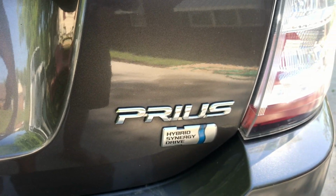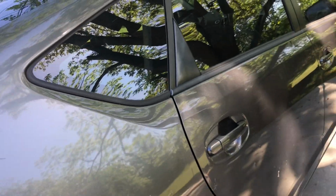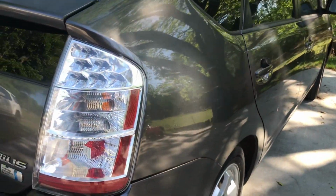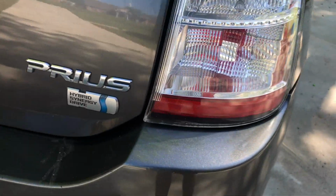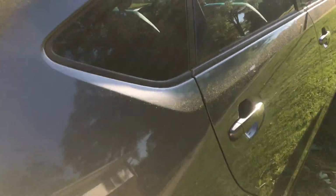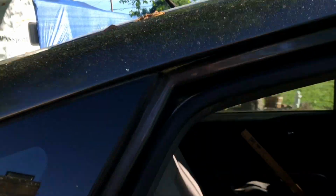Hi everyone, this is a quick video on how to open the rear door of your Toyota Prius 2007-2008 model. This method could be used even if your battery is dead, or just simply if your rear door is stuck. Obviously, you're going to go through the back door and put your back seat down,